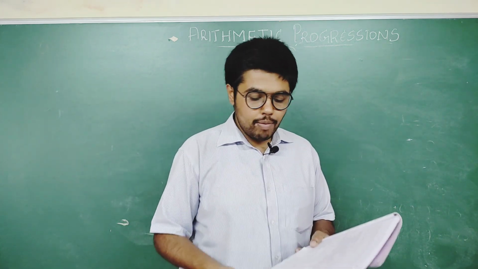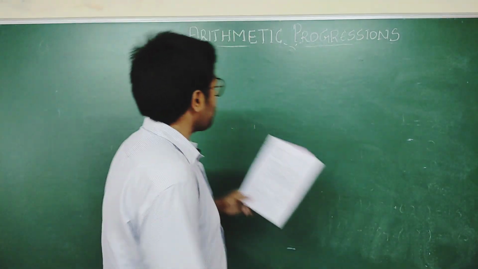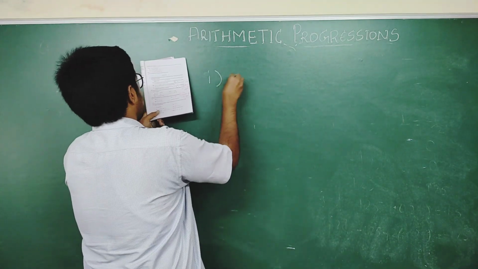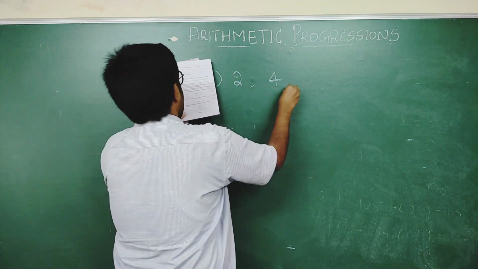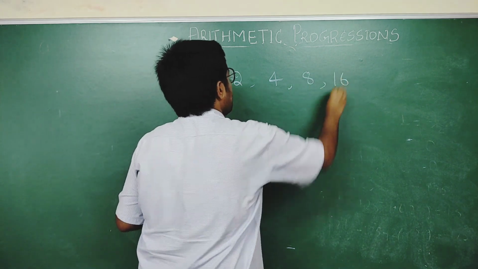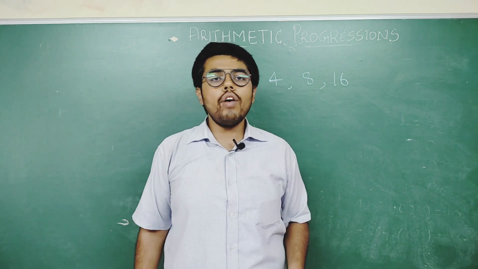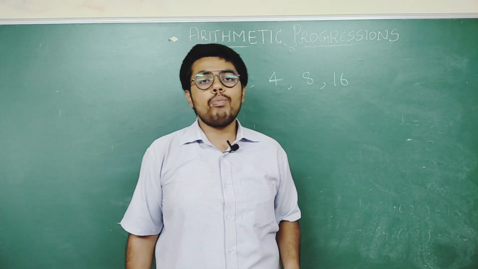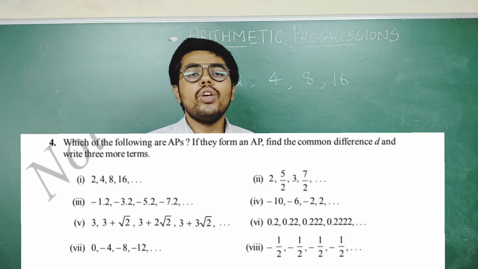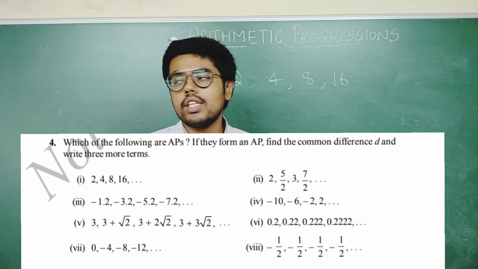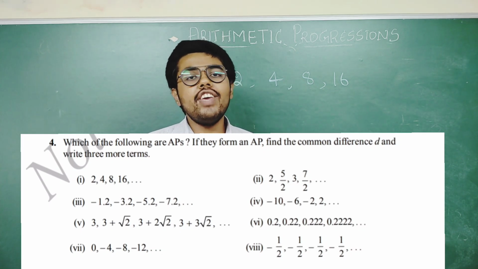Now let me go to the first problem. I'll just do a simple problem first. 2, 4, 8, 16. There is always one rule in mathematics that you should follow. This rule is followed by boxers. You know what the coach does for the boxers? He first trains them with weak opponents.